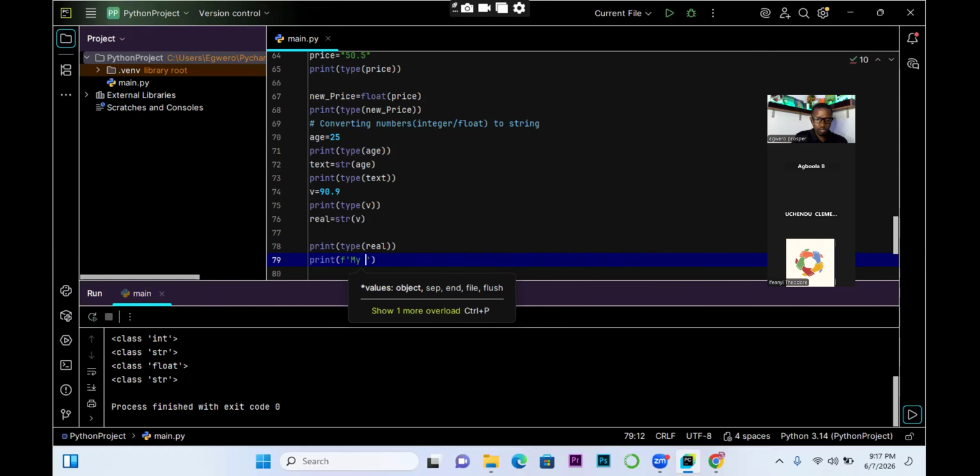my age is. Remember the logic, one of the logic under the fundamentals that I explained to us, where you want to reference a value already stored in a variable while you are in the string. When I say string, it means the single quote or the double quote. How do you tell Python that I am referencing an existing variable? You can still remember, we talked about the curly bracket, which means